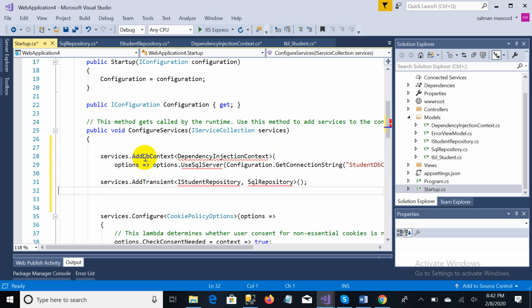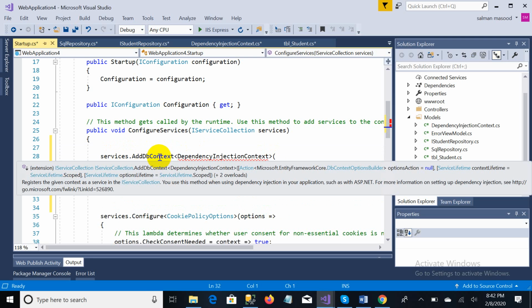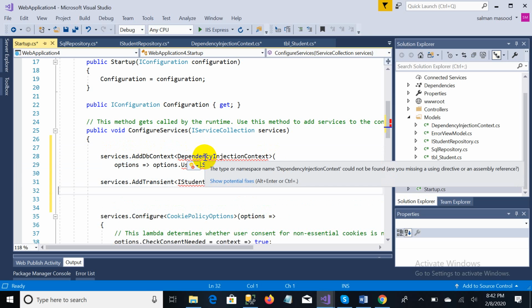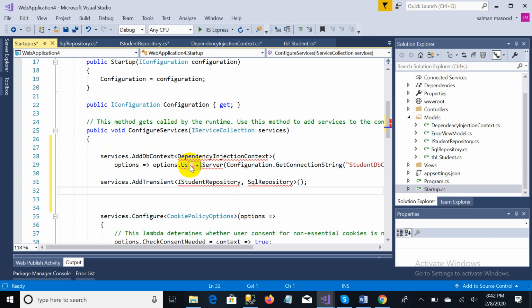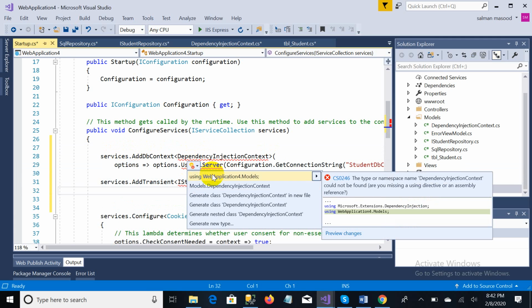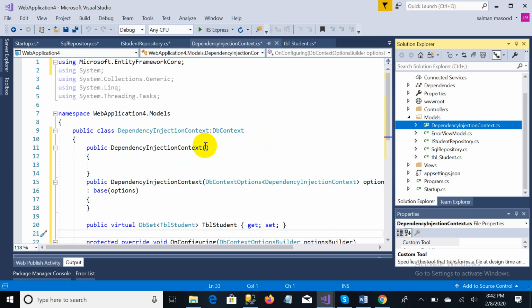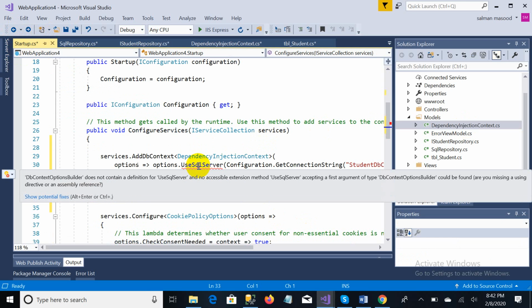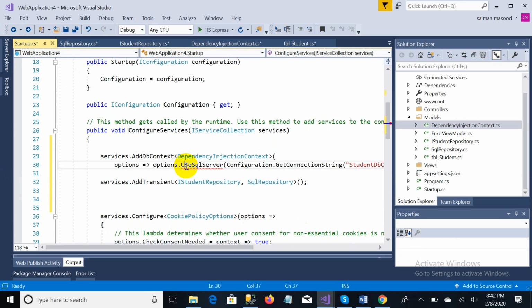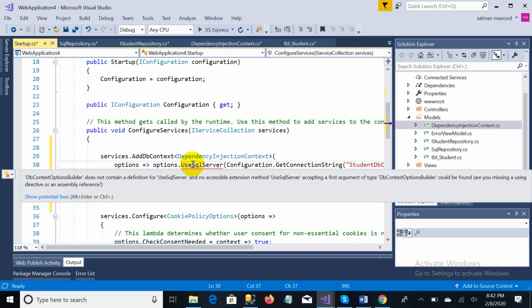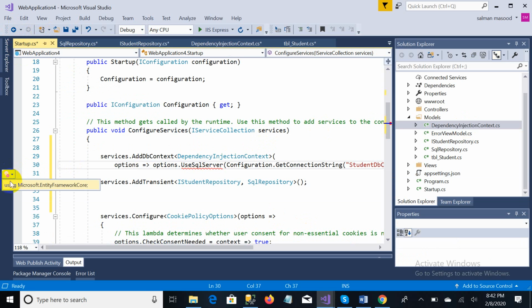Okay, you need to write this line of code, services.AddDbContext, and here DependencyInjectionContext is not referenced. So I will have to add using WebApplication4.Model, because DependencyInjectionContext is present in this model folder. Okay, and there is an additional error, UseSqlServer. So I will have to add a reference for this, and the reference is using Microsoft.EntityFrameworkCore,